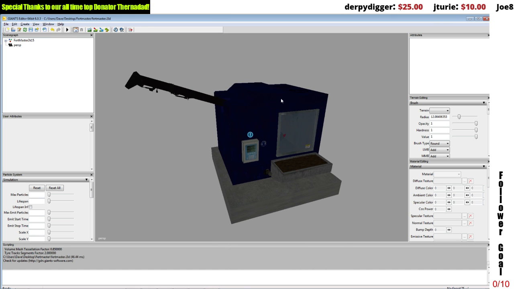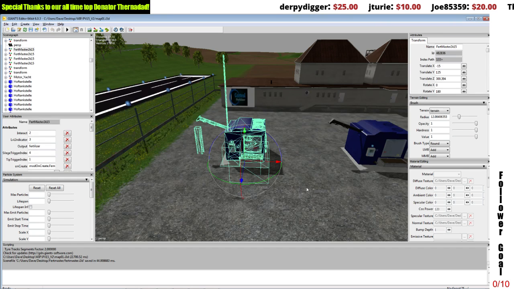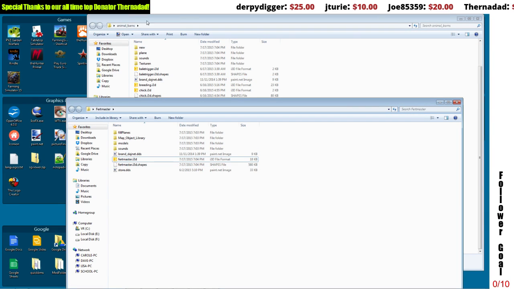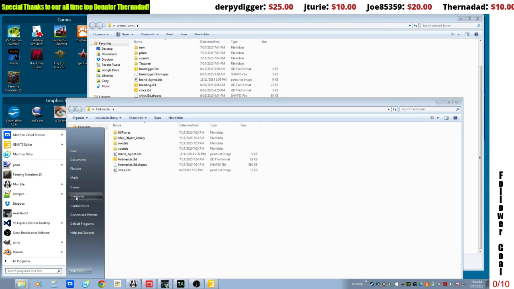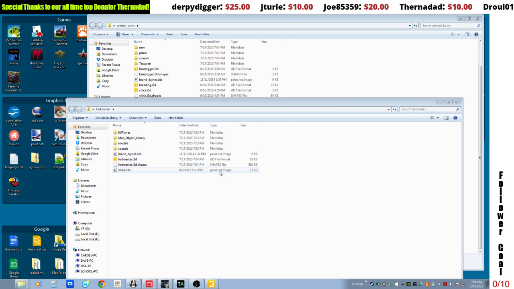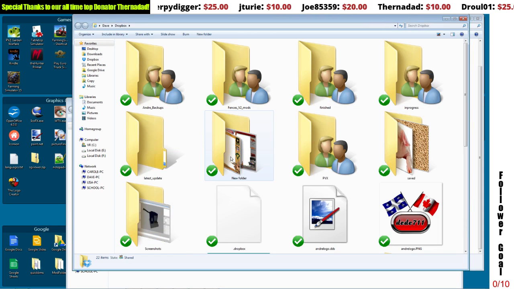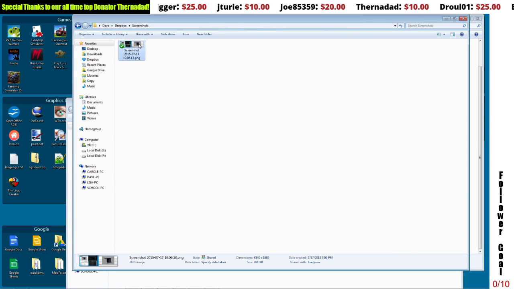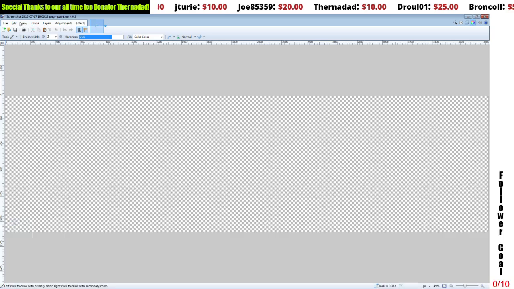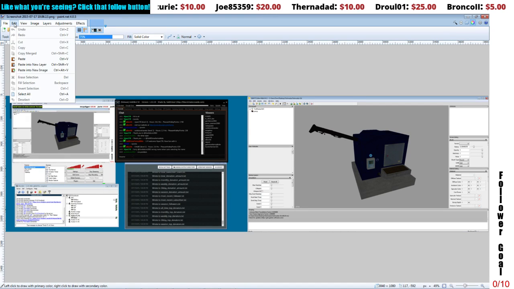Grab a screenshot, and then we should be able to go into our screenshots folder. Where is my screenshots? They are in Dropbox. And we'll edit that